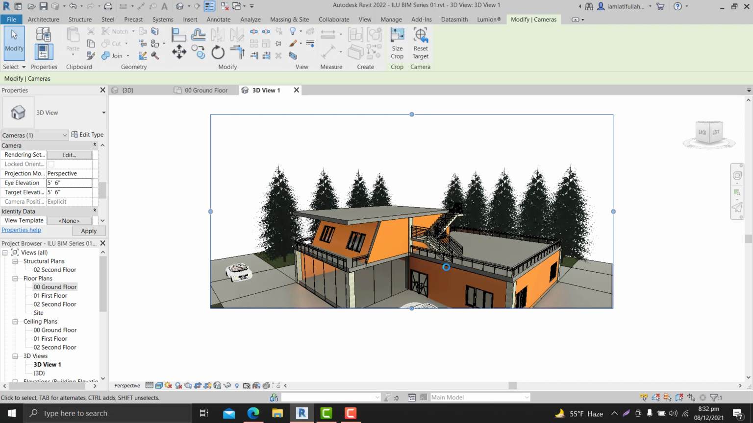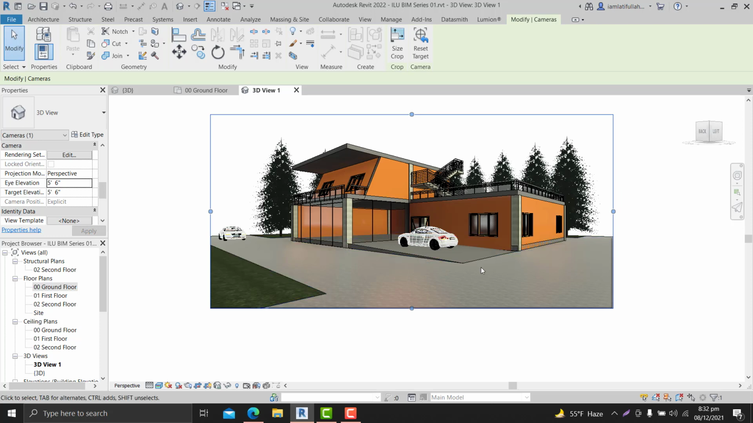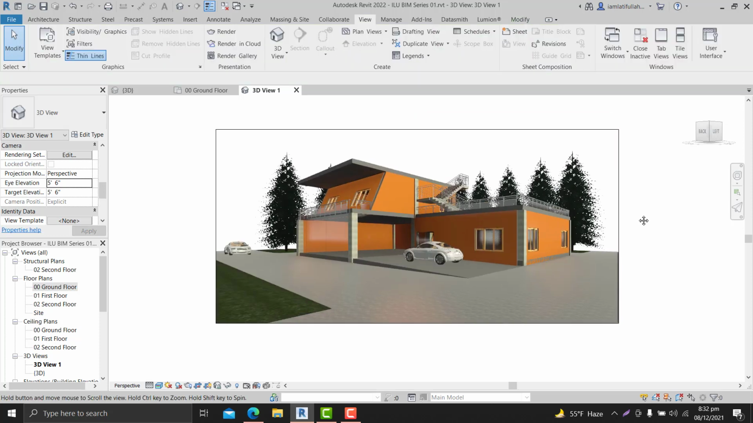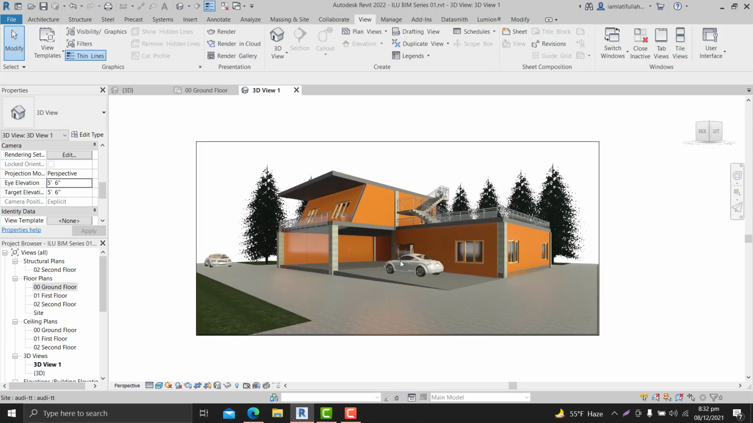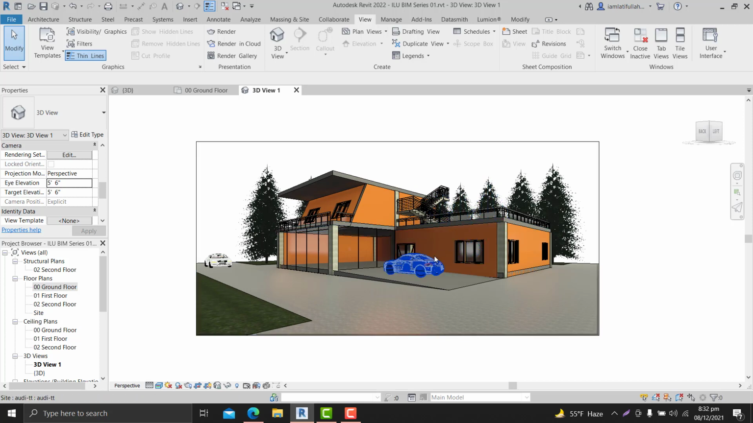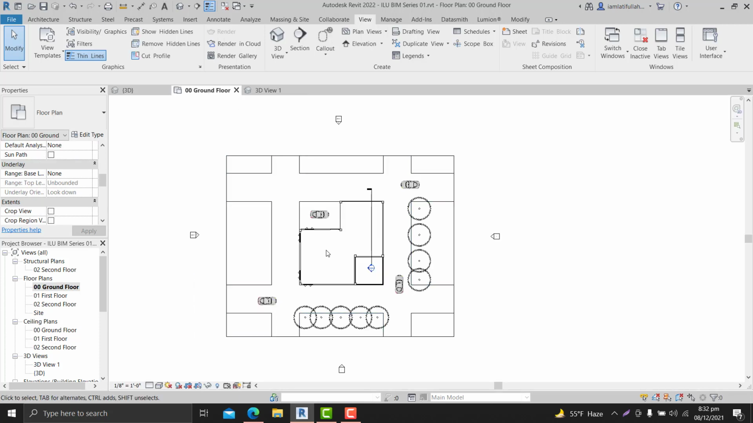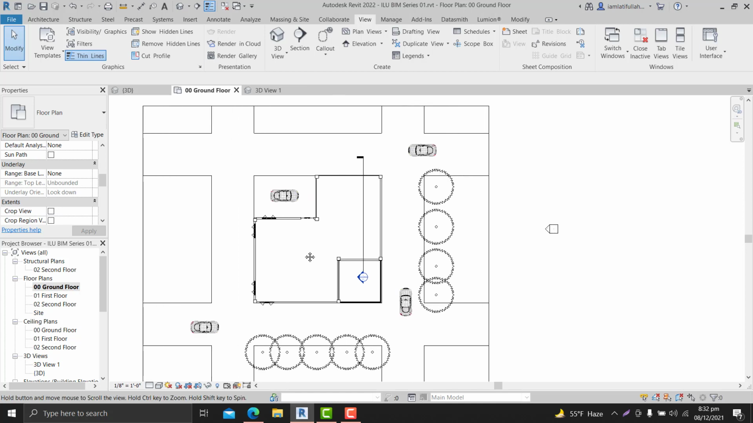I think this is enough, and this looks pretty good. So let's just render this view. Let's add another view too. So one is this view. For the other view, let's go back to the ground floor, and I would like to add a render from